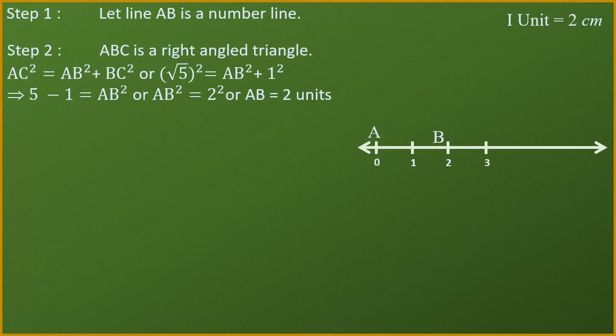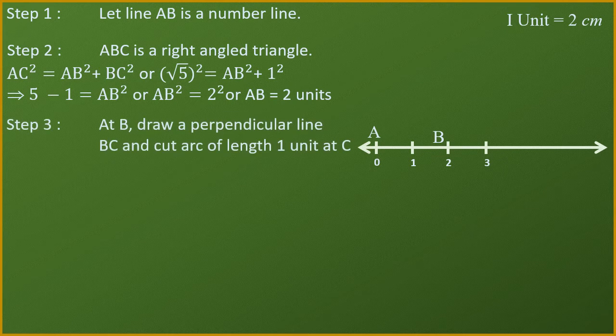Okay, now the next step is, from the point B we shall draw a perpendicular, and from the point B we shall cut an arc of length 1 unit, which will intersect at the point C. Remember, the arc we are going to cut of 1 unit will actually be 2 centimeters. So I am going to cut the arc here in this manner. This will obtain the point C. Remember, you are going to cut the arc with the help of your rounder, or you can say chop.